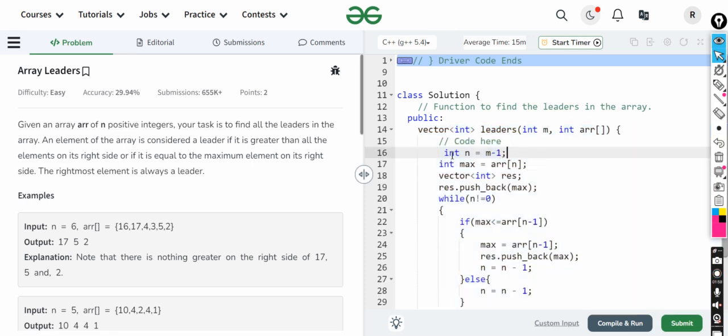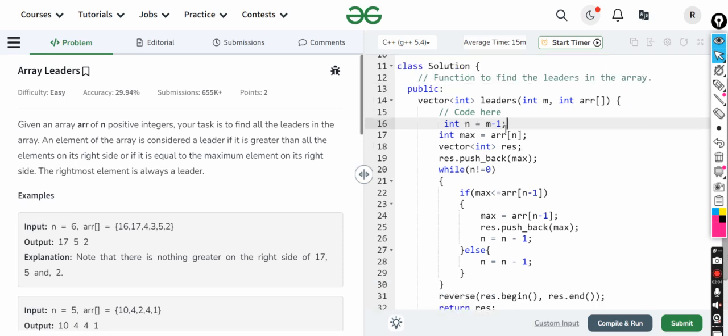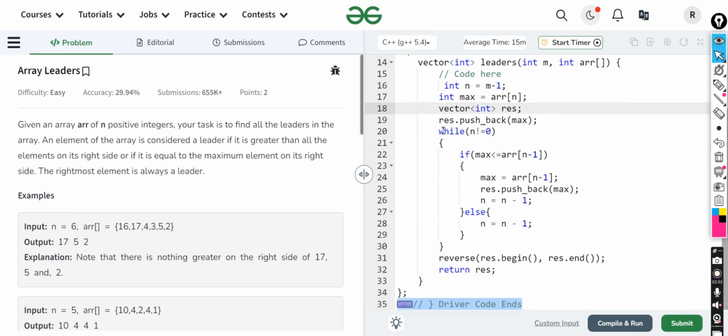So I think we should directly move towards the code instead of any more explanation. I'll solve it. First, what we have to do, we have to make a variable n minus 1, because we are just comparing there. So what we are going to do, we have given max. As I have told you, the last element will always be a max element. So n minus 1, that is the max, so we'll just put it in the max. We have to return a vector, so I have created a result vector and I have pushed the max in there.